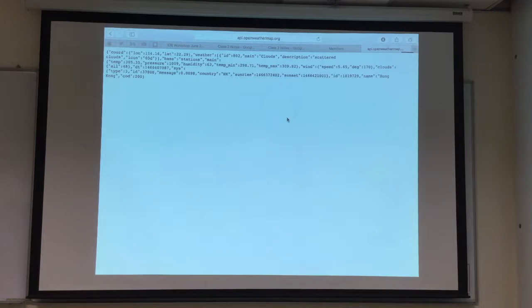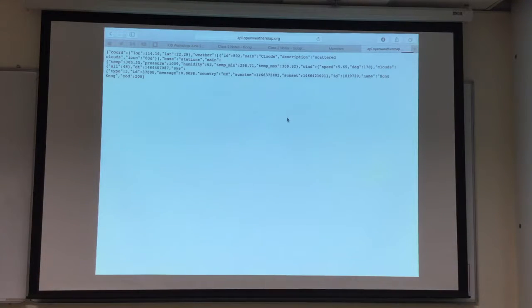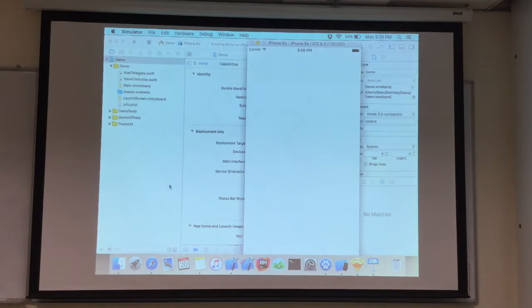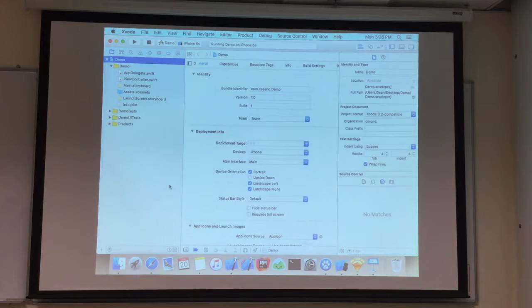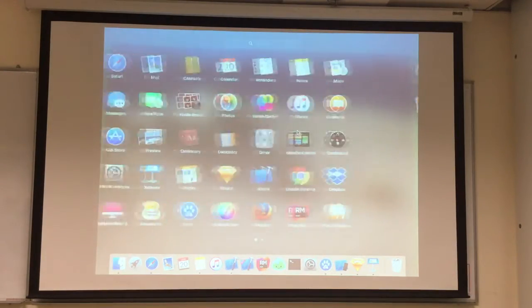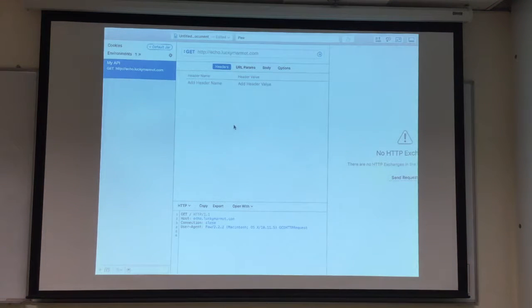So as you can see, it's very unreadable. So when you are doing development, you have something called an API client. I'm using Paw. Where's Paw? Paw is a paid app, or you can use some existing freeware. Paw is an API client for you to